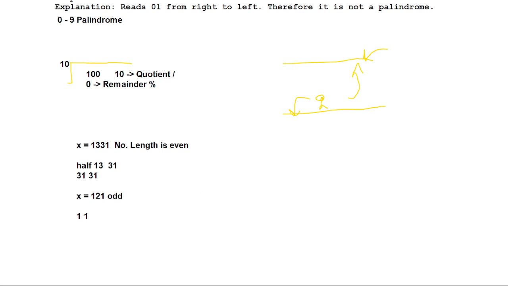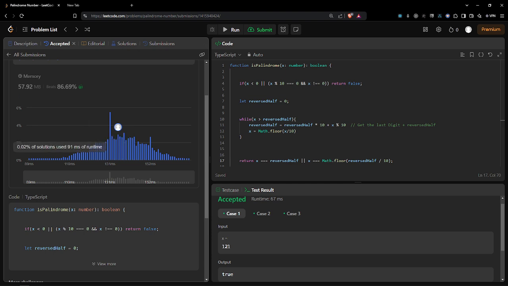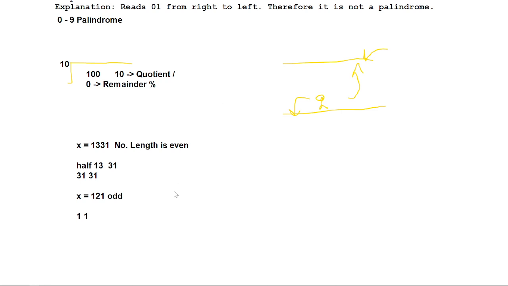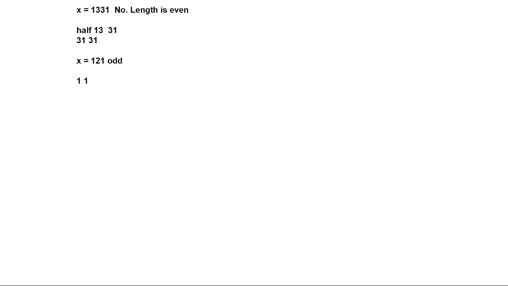Give us a moment. So this is our method. As you can see, I have my code.